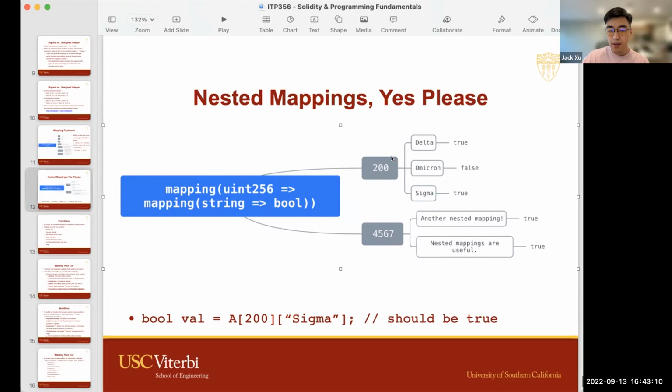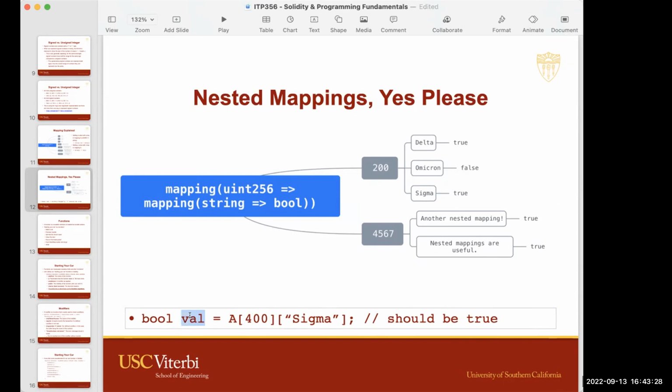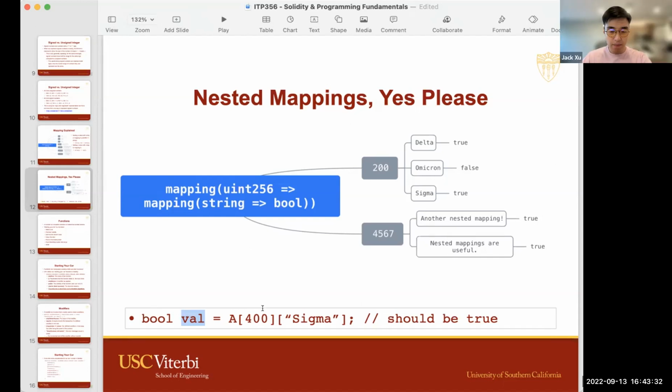Okay, so what if I do this? Instead of 200, what if I do 400? What will val be? It'll be false, right? Nothing. Yep, it's going to be nothing because when we look at 400, there's no 400. I didn't set anything to 400.